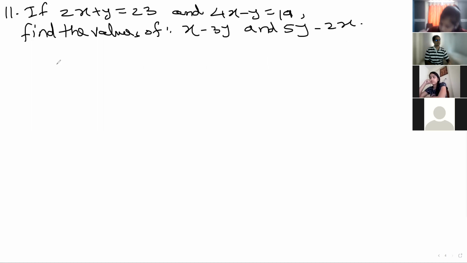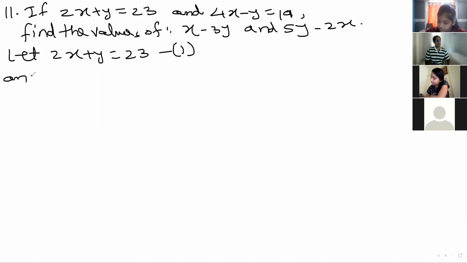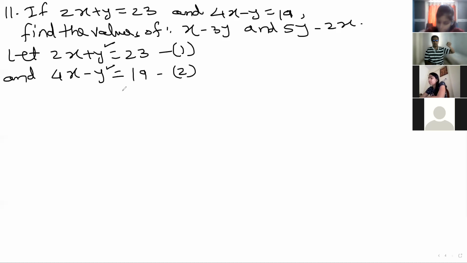Okay, so let 2x plus y is equal to 23, equation 1, and 4x minus y is equal to 19, equation 2. Do you think you have to multiply anything? No. If you observe the coefficients of y, in equation 1 it is positive 1 and in equation 2 it is negative 1. So can we just add them? Is it okay if we add them? Yes, sir. Absolutely. So write down adding